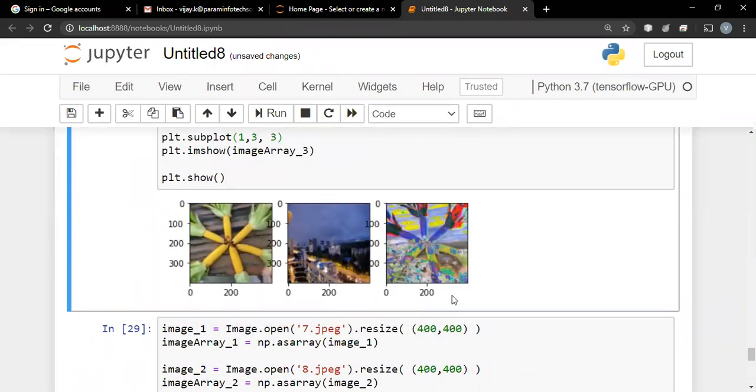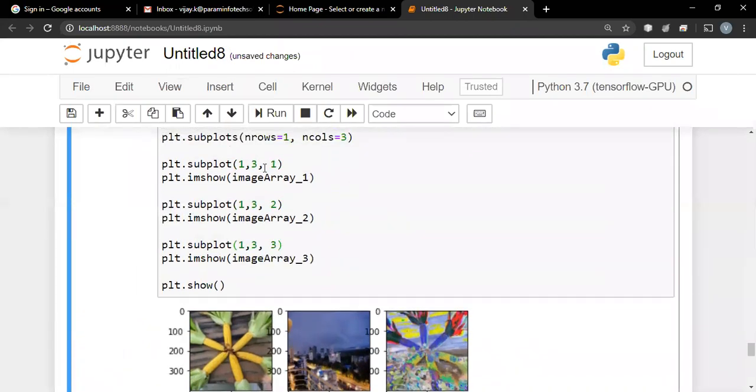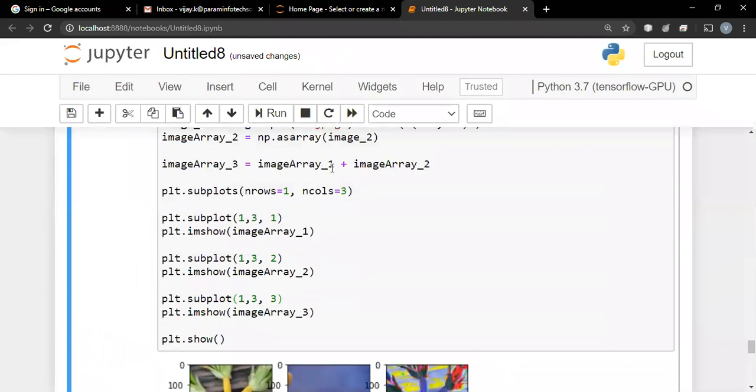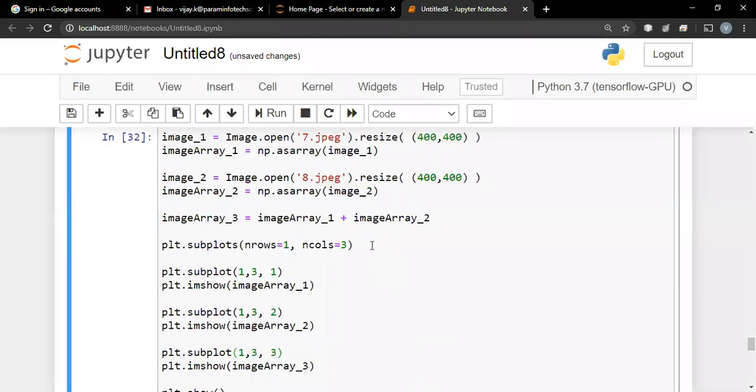Now we can see over here, this addition is a disaster. We don't even know what is happening. And why did it happen? Because while adding, we simply added the images, and this destroyed the entire thing. Why? Because any pixel in an image will have a value between 0 to 255. So let us say two pixels have values 180 and 180. If we add them, it becomes 360. So 360 is above 255. It does not work.